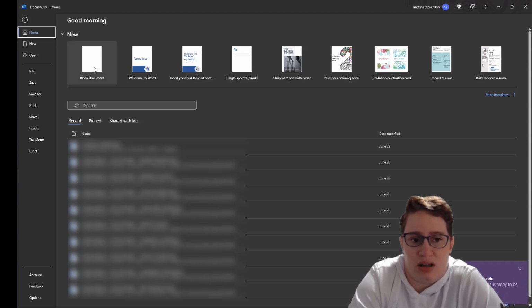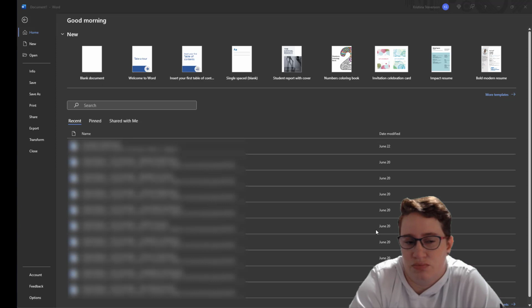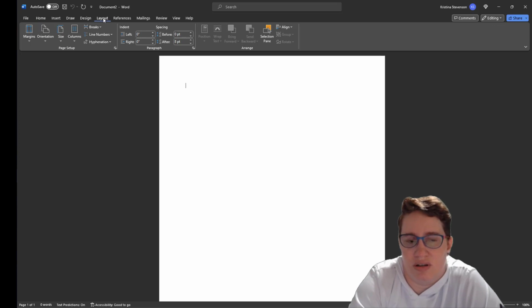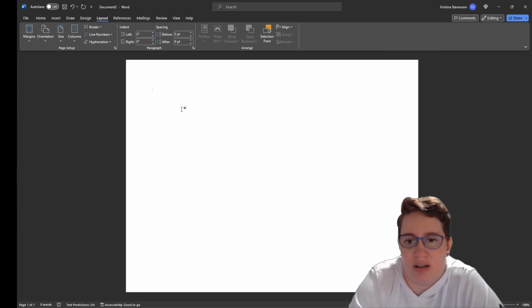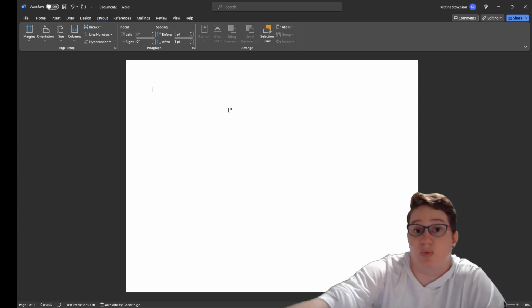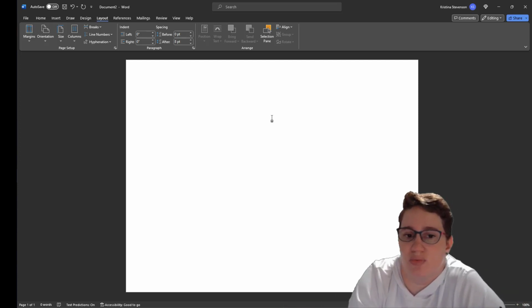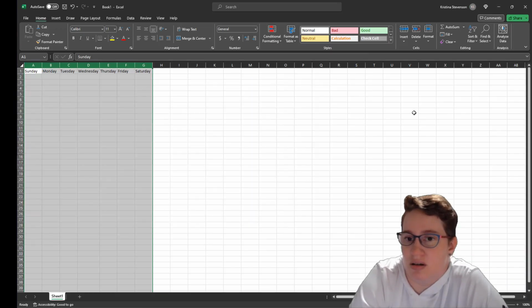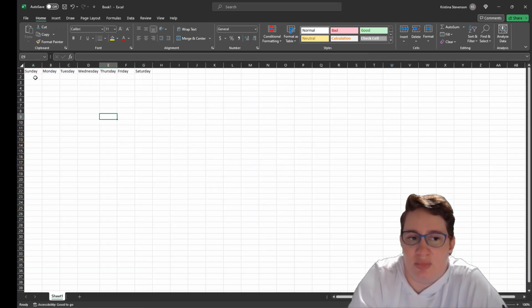a blank document. And then once we have that blank document, we can do this later, but I want to do it now. We go to layout and change it to landscape, because since I'm going to have a week across, I want more room left to right than I do up and down. I'm going to use Excel to help me,